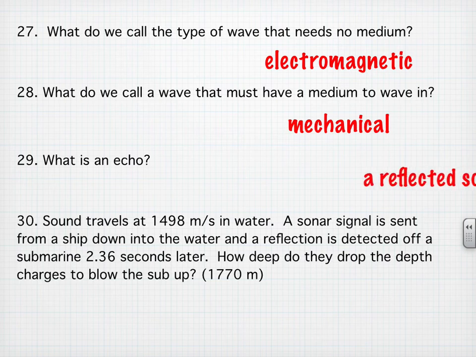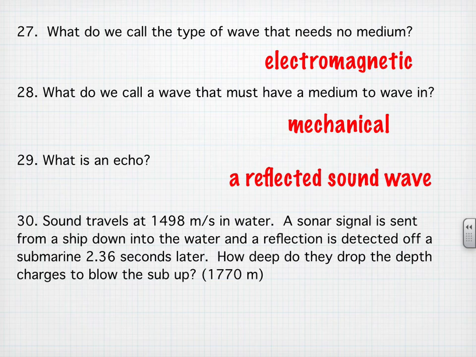And so an echo, of course, is a reflected sound wave. And then we get to number 30, and we say, hey, look, it looks like some numbers. It's going to be another problem. So I'm going to need a formula. Now, we already have the wave formula, but there's one other formula we can use with waves, because waves in a given medium travel at a constant speed. So how many constant speed formulas do we have? One. And that constant speed formula is v equals d over t, which you can use in number 30.